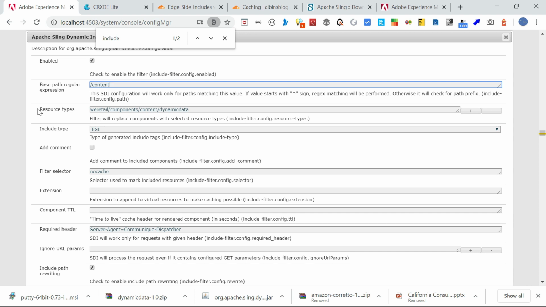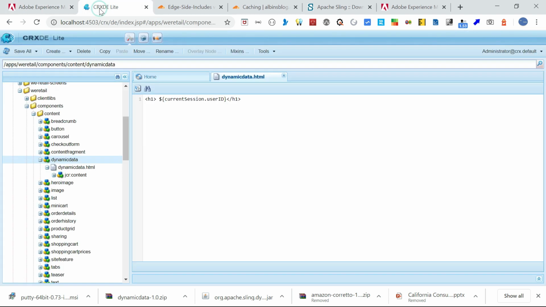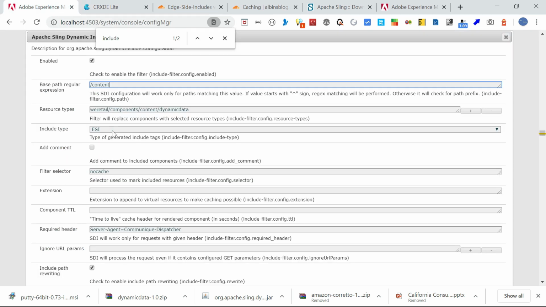Then the resource type of the components: which components' resource type is considered dynamic data, or should be replaced with includes by the SDI. In my case, the resource path of this component is obviously we retail components content dynamic data. So I configured that. Then include type.